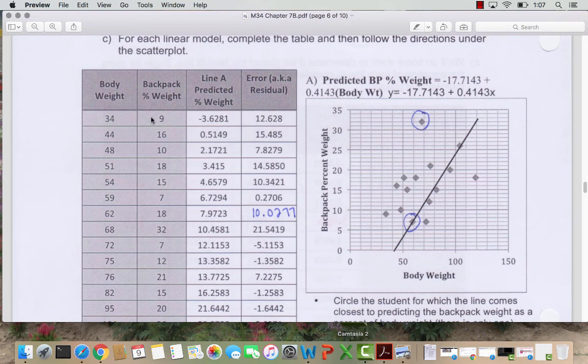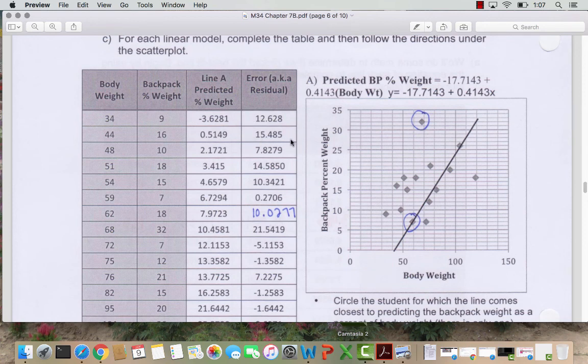So you can check if you take the student who weighs 34 pounds, the actual value 9% minus a prediction, which is negative, gives us a value of 12.628. Remember, when we subtract a negative, that changes the sign. You can see also if we say 16 minus 0.5149, here's our error or residual,